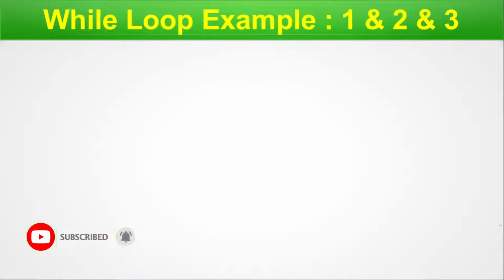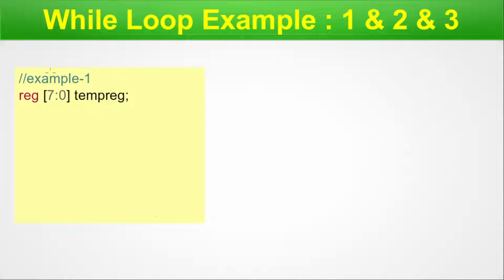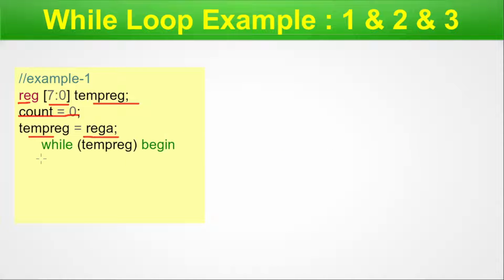So here in this single slide we will cover 3 examples of the while loop. First, this is example 1. We start by defining a register with range 7 down to 0, and the name is temp reg, and we have a count, 0. We are not going into the design details. We are just exemplifying the syntax with Verilog code, so that your hand is very much free to write the Verilog code. Now we have temp reg, we give it to reg A, and then we have the while